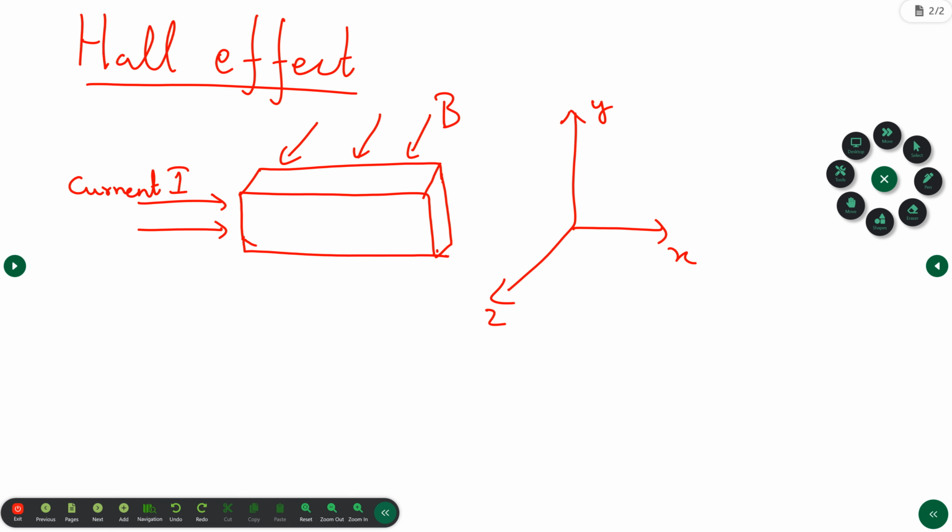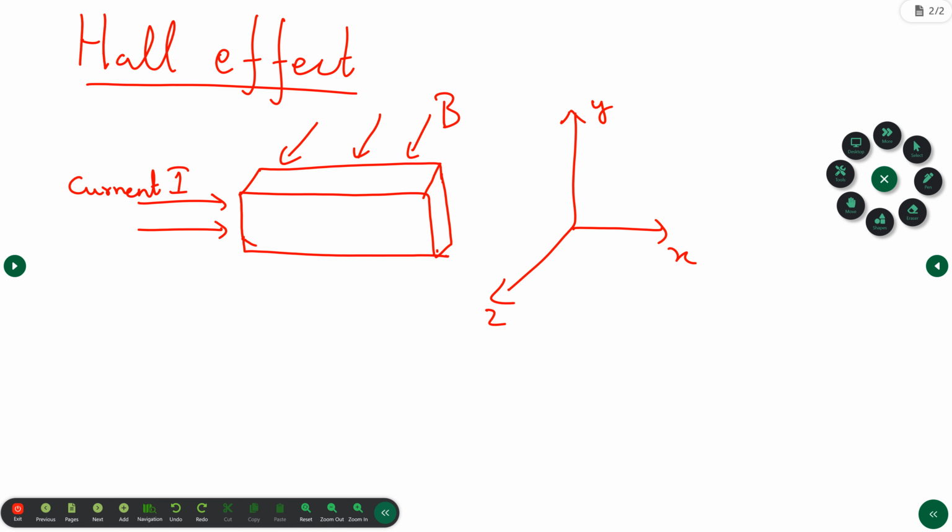Now what happens means a potential difference is generated inside the conductor or semiconductor material. There will be some potential difference, and due to the potential difference, a voltage will arise there. It is formed inside the material, and that voltage generated is mutually perpendicular to the current and magnetic field